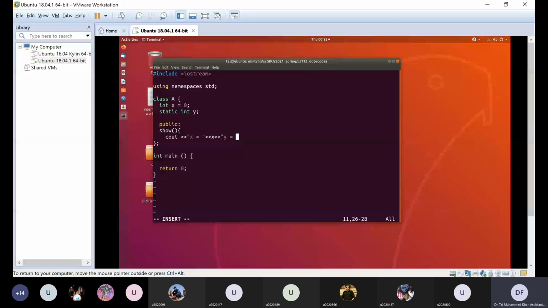So this is my function show, which displays the value of x and y.